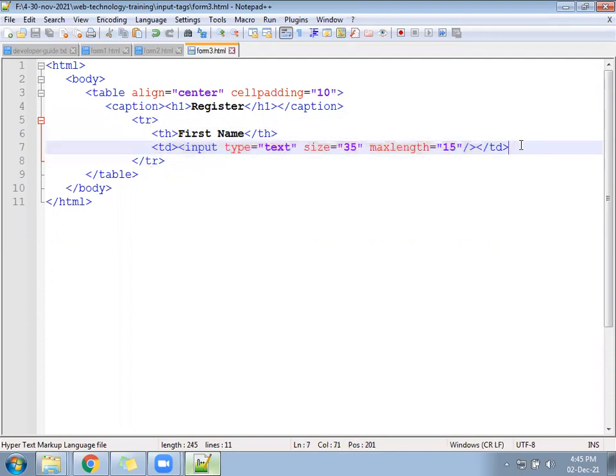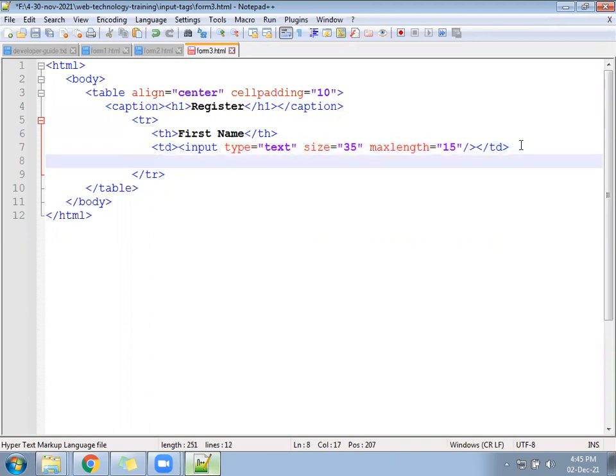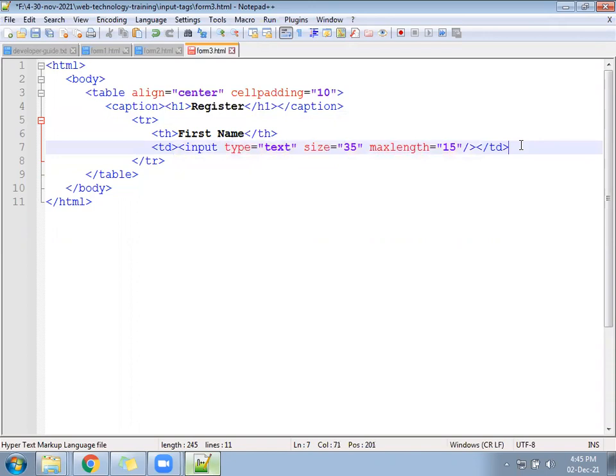In the same TR, not the next TR. Okay, or let's create a new TR.